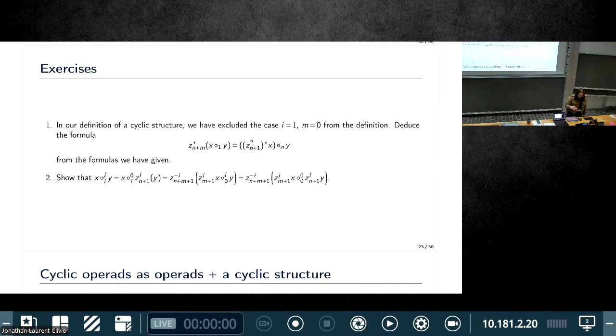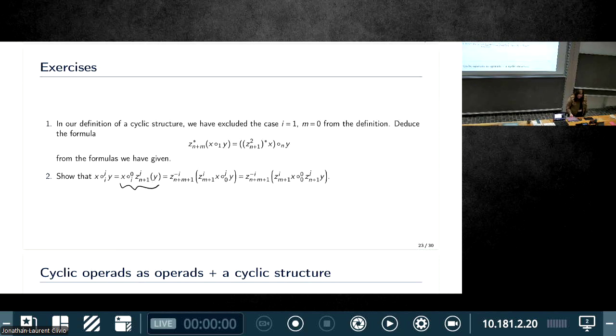I didn't mention the case when i equals 1 and m equals 0. If you want to deduce that, you sort of have to work this out. Or you can just see that actually all of the cyclic operations, so x ∘_i y, can be obtained via operad maps by acting some way or another. So what this is saying is that, well, actually,